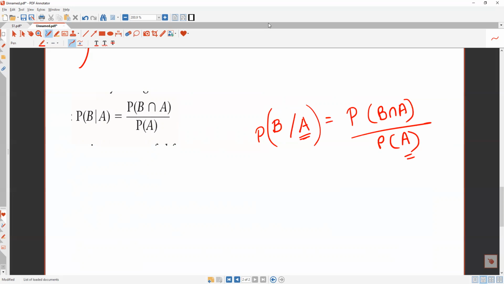Bro, what is that dash in between? That dash in between, what comes after the dash is called given that. Probability of B given that A is taking place, what is the probability B will take place? Do you understand? So you need to know this formula. Probability of B dash A is equal to probability of B intersection A divided by probability of A. Okay, now